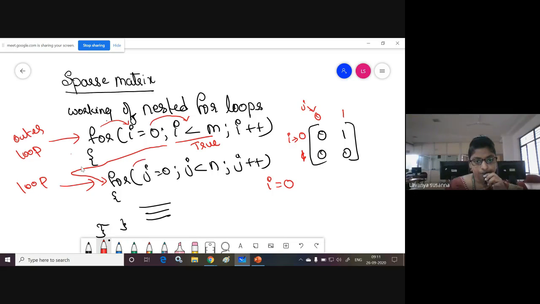Now control comes to j equal to 0. Now i equal to 0, j equal to 0. Next, control goes to the condition check, j less than n. When this condition is true, control comes inside the inner for loop and it executes all the statements. All these statements will be executed. After that, again control goes to